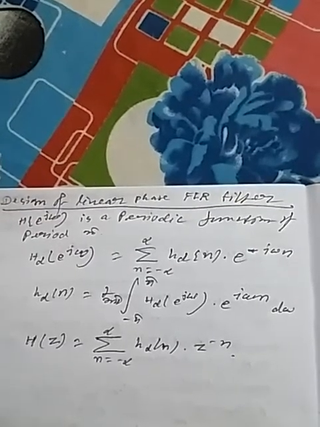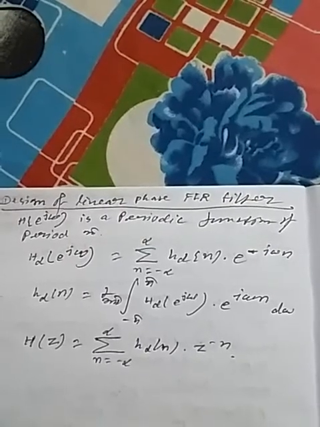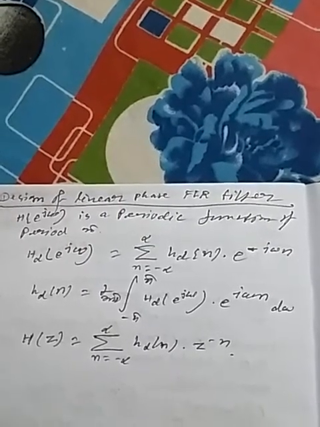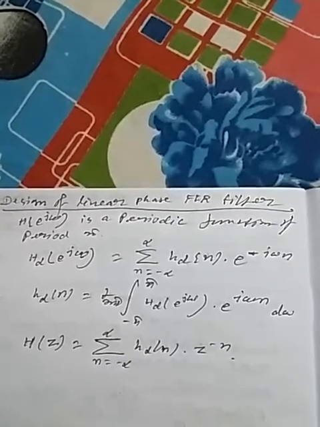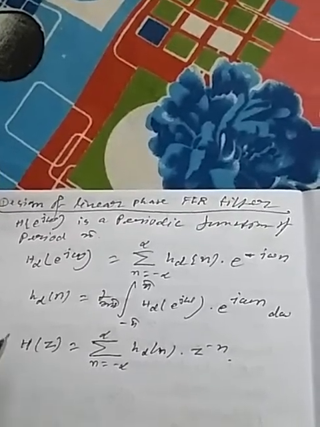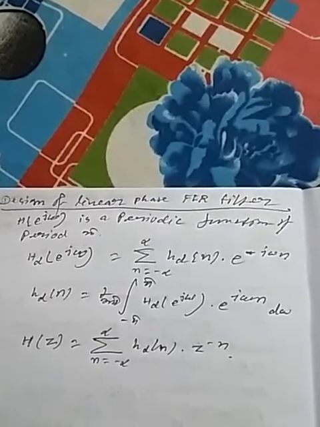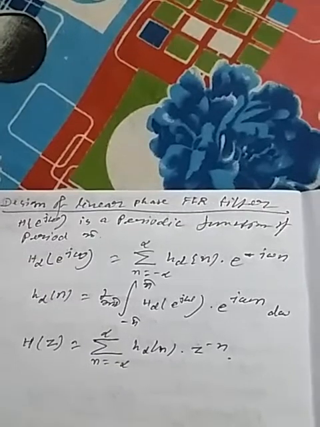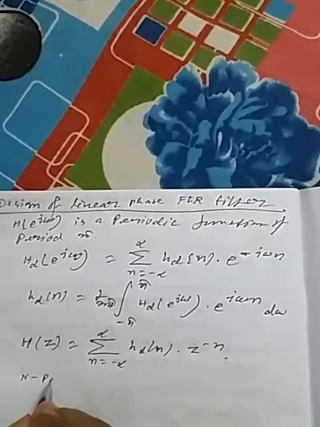But we are designing a finite impulse response filter. So to get a finite impulse response from an infinite one, we have to truncate this impulse response by some specific points. Suppose we want to truncate by N points,